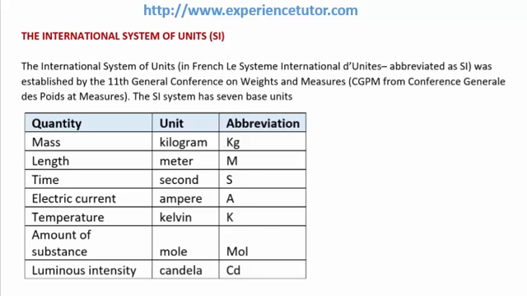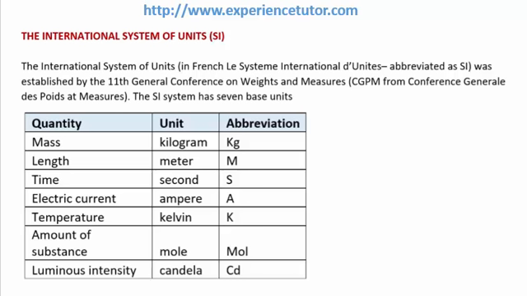The International System of Units (SI). The International System of Units was established by the 11th General Conference on Weights and Measures. The SI system has 7 base units: mass, its unit is kilogram, its abbreviation is kg; length, its unit is